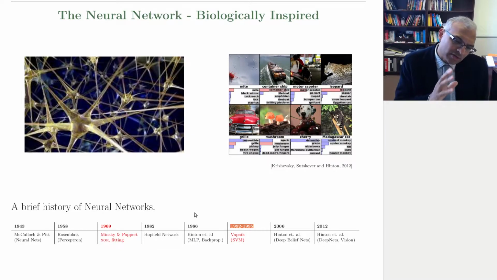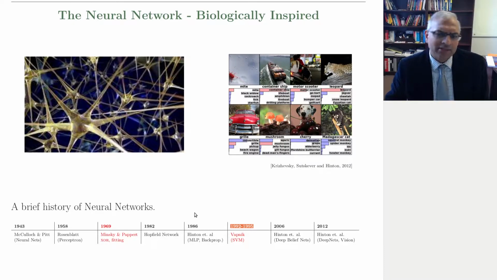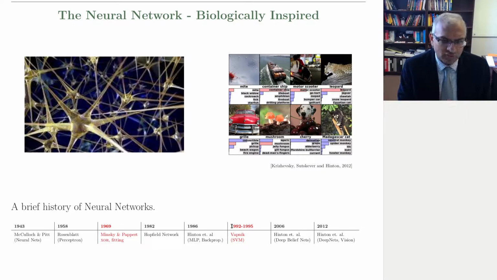And so neural networks gradually lost out and eventually got completely wiped out in terms of popularity of use by the arrival of this very powerful and very robust technique called support vector machines in the mid-90s. Okay? And we will talk about support vector machines later. Okay, so it's very robust,